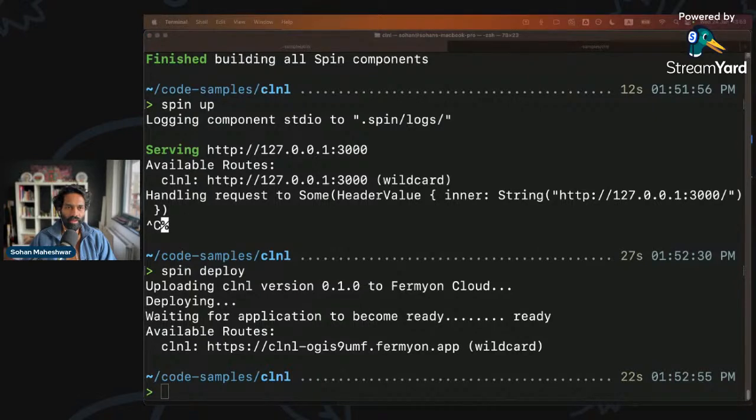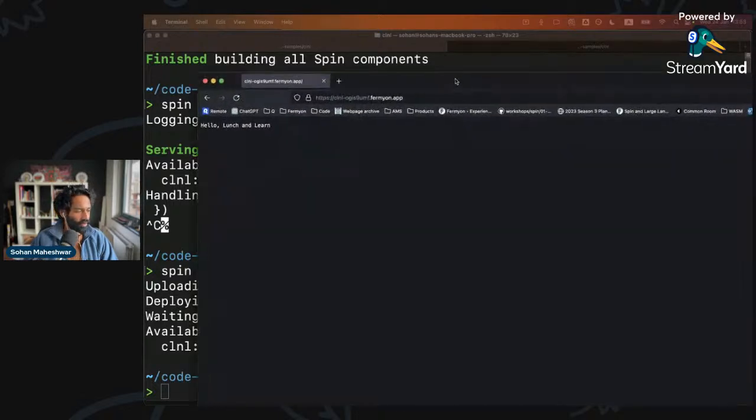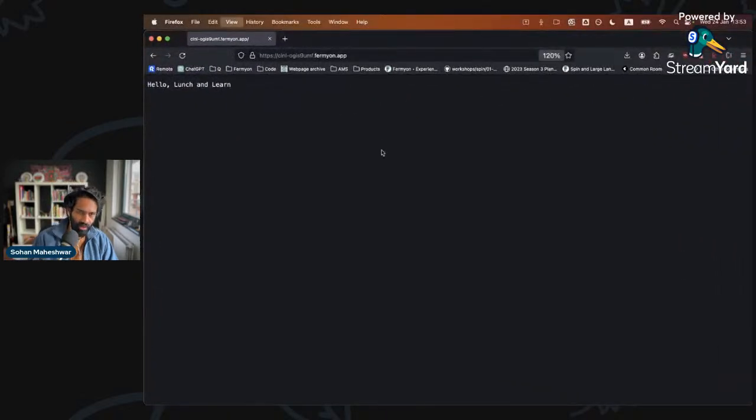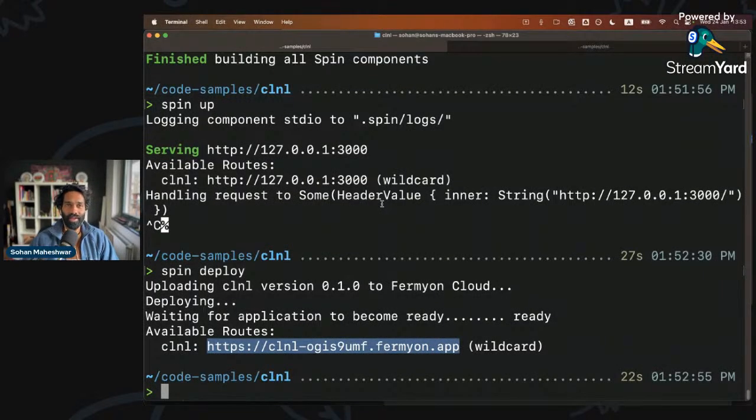Maybe I'll try opening this up on a browser. And in hardly a few seconds, I have to just bring this onto my screen, on my Firefox. Yeah, there we go. In case you can't see this, yeah, this app is literally running live right now. You can go to this URL and you will also see the same thing. I can just refresh this if you want. But that's how easy it was to get started with a WebAssembly app. And like I said, you can do it in pretty much any language that you want.